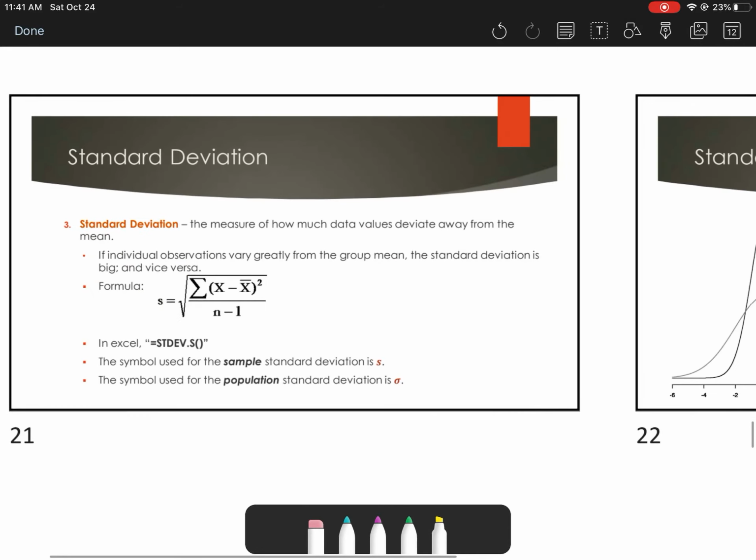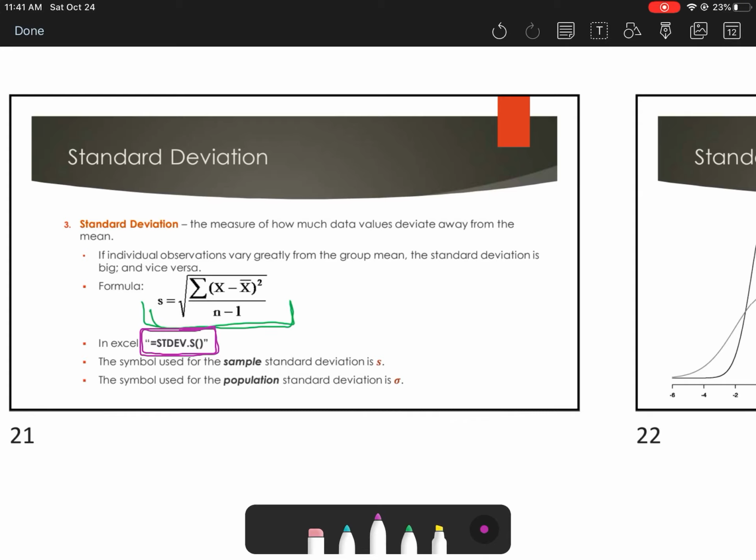And the last thing we'll talk about is our standard deviation. It's the measure of how much data values deviate away from the mean. If individual observations vary greatly from the group mean, the standard deviation is big, and vice versa. So here would be your formula if you were doing it by hand, which we will not be doing. So in Excel,